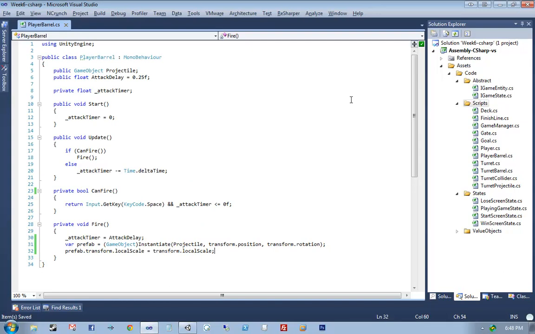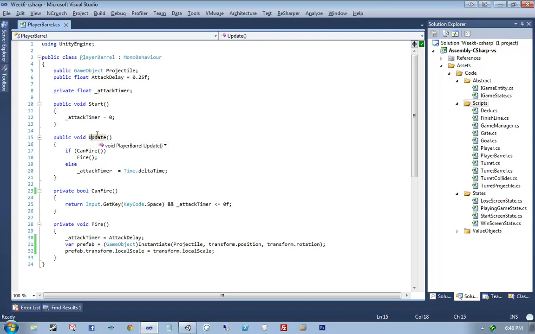Alrighty. So I'm going to actually pause the video for this one because it's a little bit of code to write out, but it should be fairly straightforward. On video, we'll go quickly through what it's supposed to do. We have a player barrel class that's very similar to our turret barrel class. It gets a projectile set on it as well as an attack delay, and it also keeps track of a timer. When our player barrel starts, we set our timer to 0, and then every time a frame happens